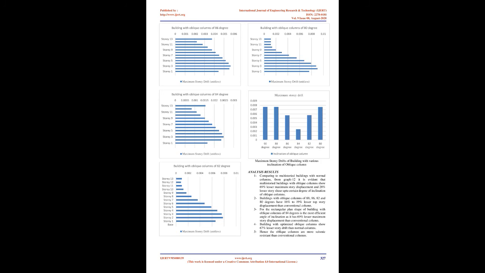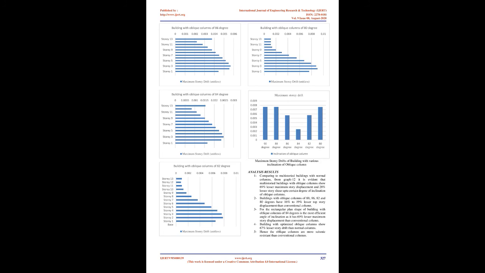Analysis output data. After completing analysis of different models with different angles of inclination, these results have been generated and tabulated in a systematic manner. Linear static analysis is performed for all models of 7-story buildings as listed. Loads are calculated and distributed as per Code IS 1893, Part 1 2002 using ETABS. The results obtained from analysis are compared with respect to the following parameters. The parameters which were studied are storey drifts, storey displacements, axial forces, response spectrum drifts, and time period for all models